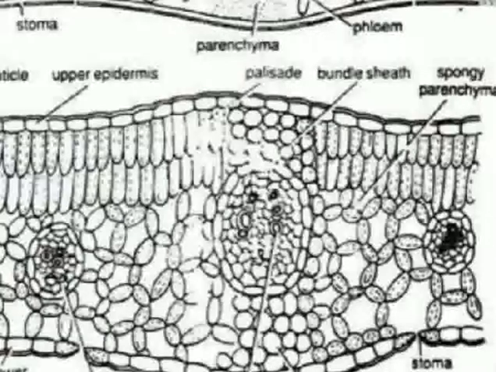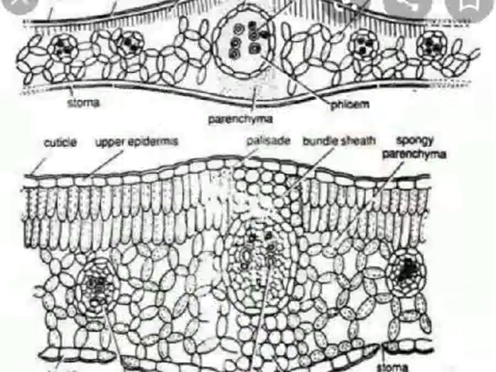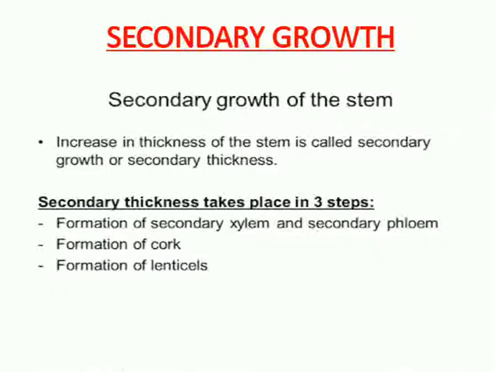Parallel venation in monocot leaf is reflected in the near similar sizes of the vascular bundle, except in the main vein, as seen in the vertical section of the leaf. As you can see in this figure, these vascular bundles are almost of the same size, which reflects the parallel venation of the leaf.